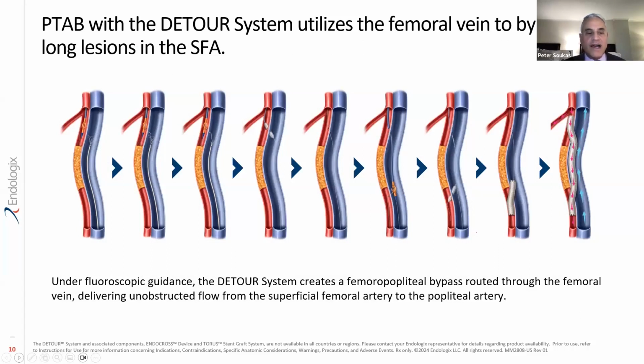There are markers on the Endocross, which I affectionately refer to as the hieroglyphics. And we typically are performing a posterior orientation from the SFA into the recipient femoral vein, snaring and grabbing that wire, then exteriorizing it, and creating a proximal anastomosis, typically with a 4x40 balloon, and then bringing the Endocross down